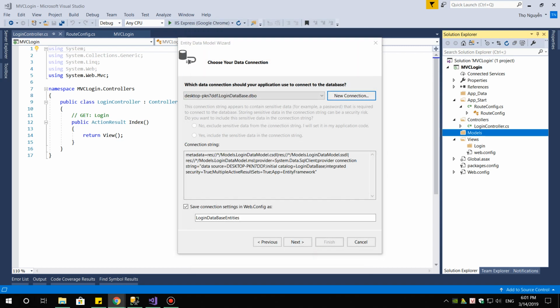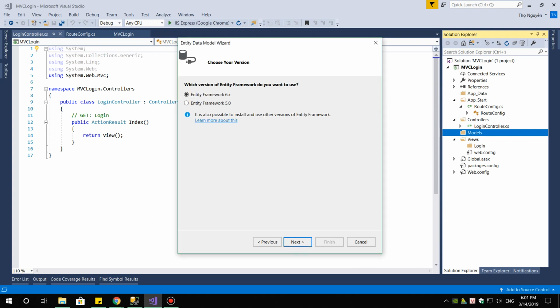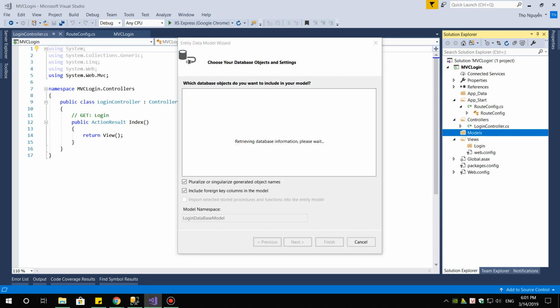Okay. Then next, enter your SQL Server instance name here. Then select the database, login database. Click on OK. Then next,